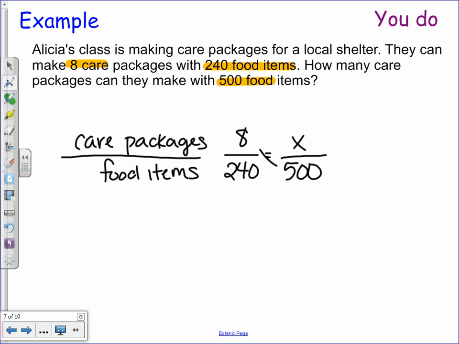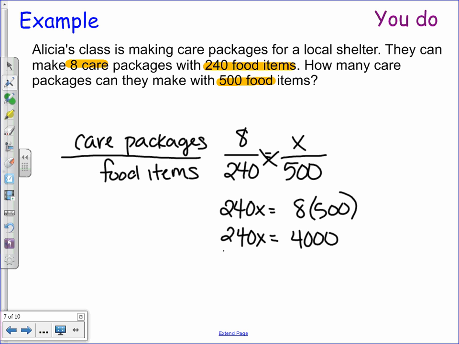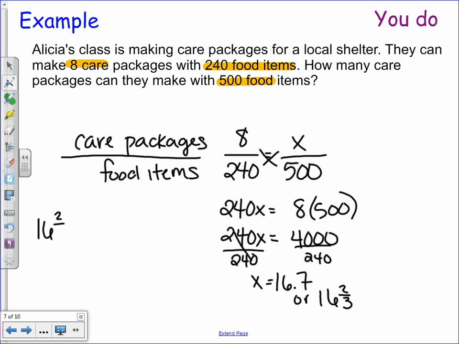So I'm going to cross multiply here, and I get 240x equals 8 times 500. And 240x equals 4,000, divided by 240, and x equals 16.7 or 16 2/3. So you want to tell me exactly what that means. So this means that they can make 16 2/3 or 16.7 care packages